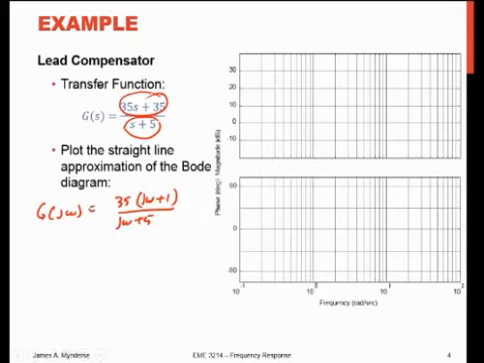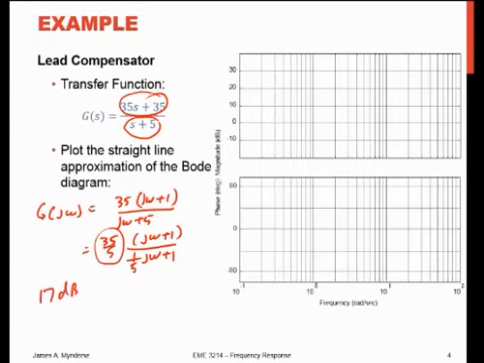And if I divide through by 5, I get 35 over 5 times j omega plus 1 over 1/5 j omega plus 1. So my steady state gain is this 35 over 5, or 7, which is equal to, in decibels, 17 dB, and I have a pole